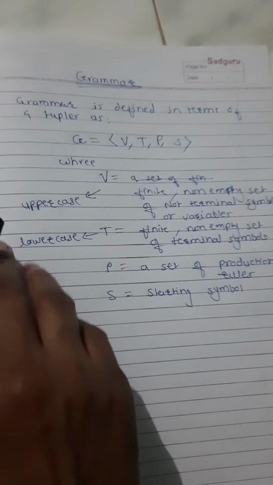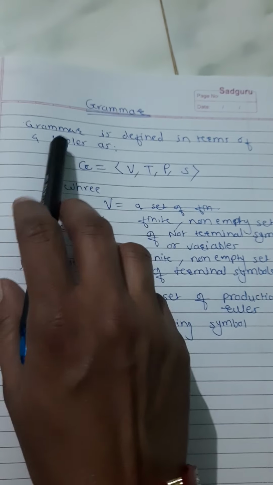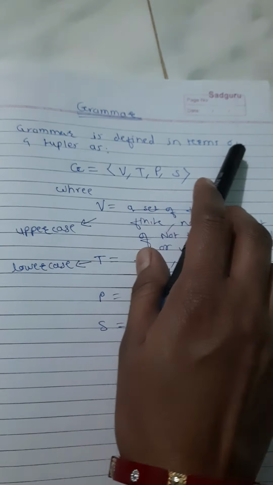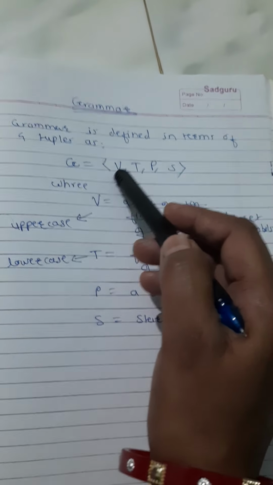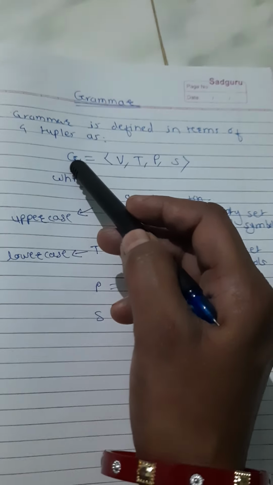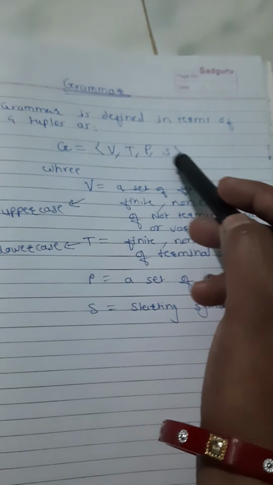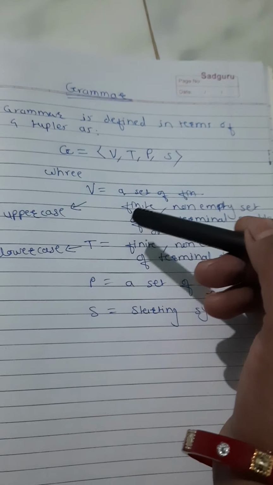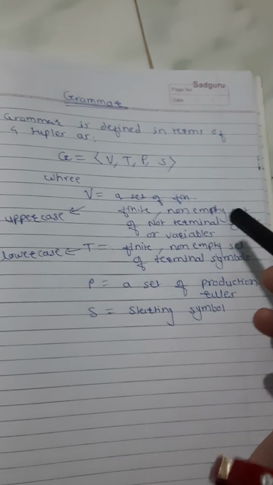Good morning, all. In today's lecture, we will see what is grammar in automata theory. In automata theory, grammar is defined in terms of four tuples as G equals (V, T, P, S), where G is the symbol used to represent the grammar. It is represented by using four tuples V, T, P, S, where V is a finite non-empty set of non-terminal symbols